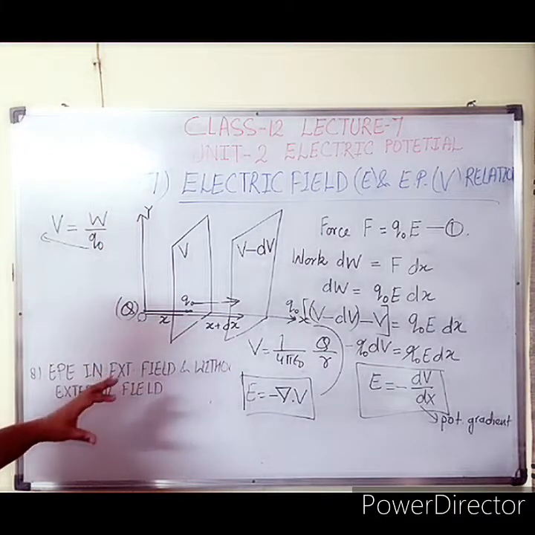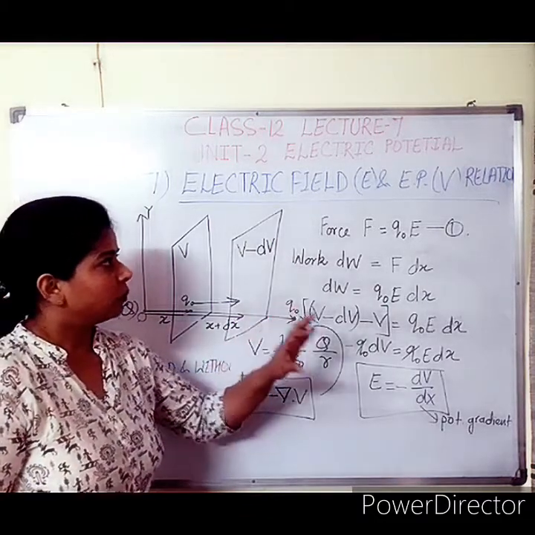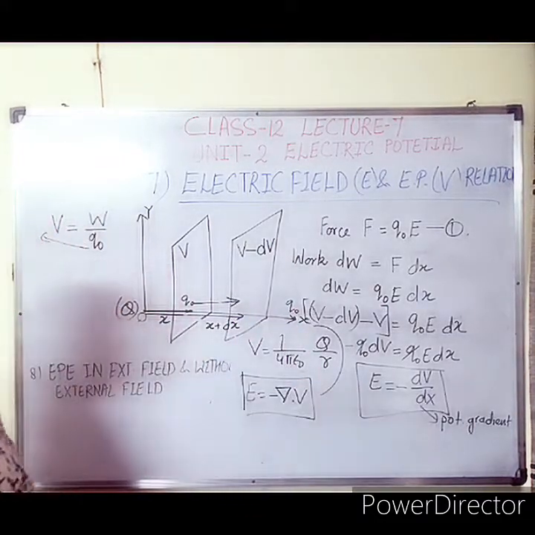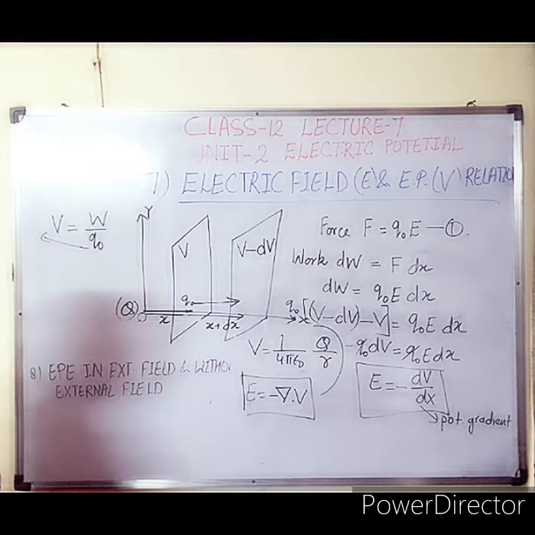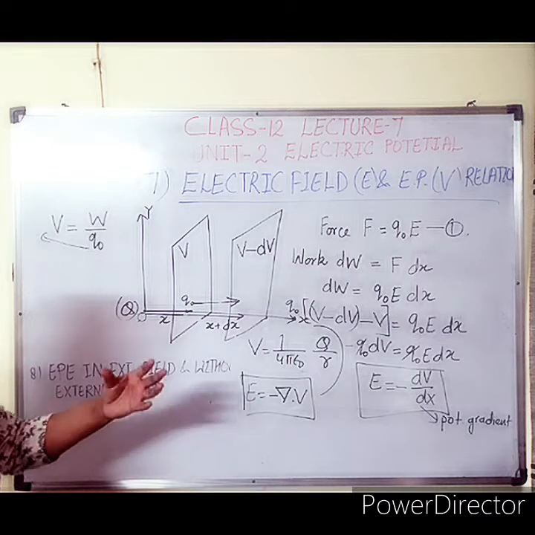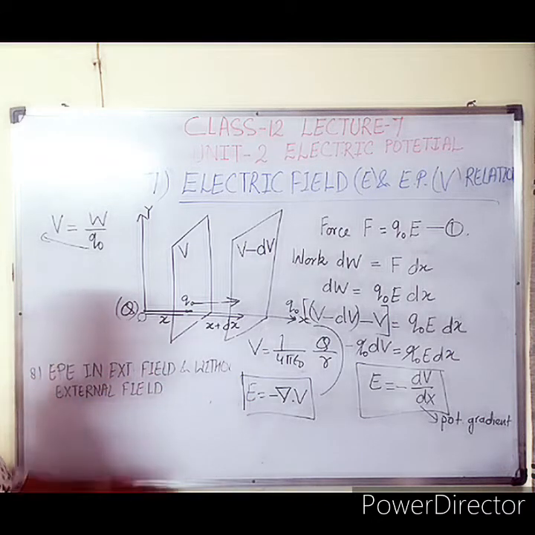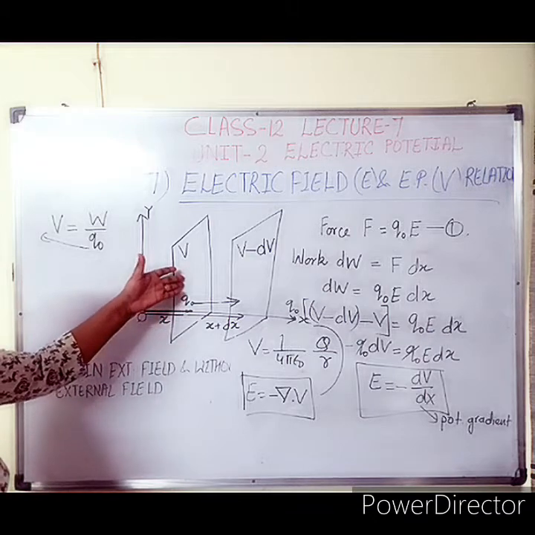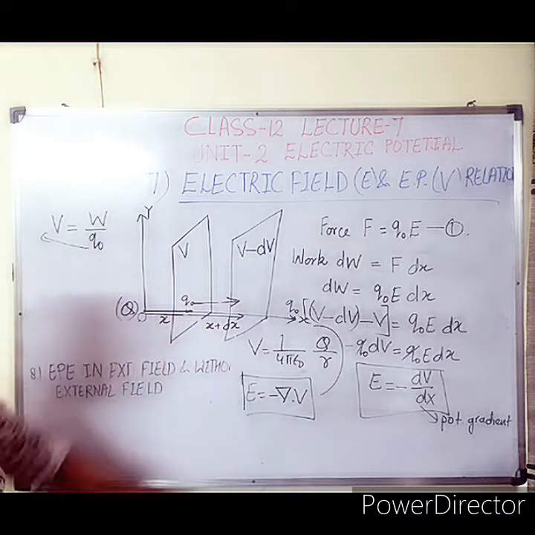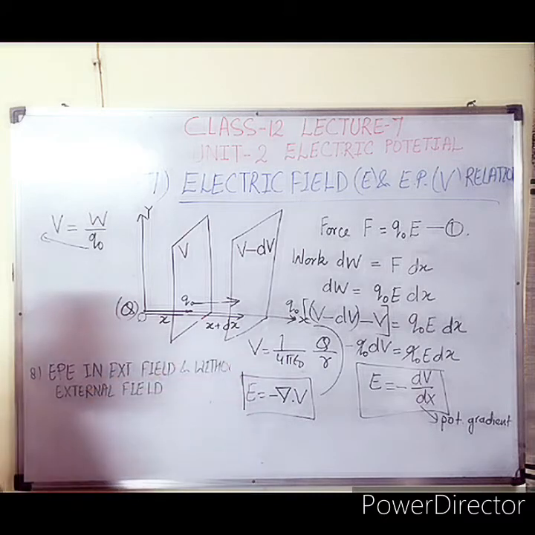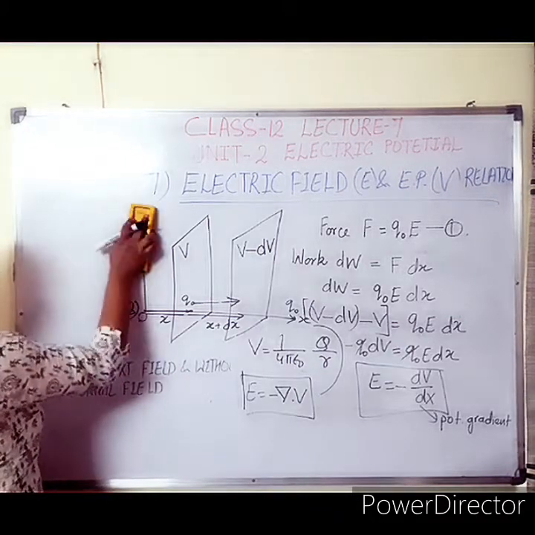So this is all in this topic: electric field and electric potential are related by the potential gradient term. The minus sign indicates that whenever there is an increase in potential, there is a decrease in the corresponding electric field, or vice versa. If the electric field is increasing, there must be a decrease in potential. You can see here the electric field is more and here the electric field is less. The corresponding potential, with the minus sign here, indicates a decrease in the potential value corresponding to the electric field.